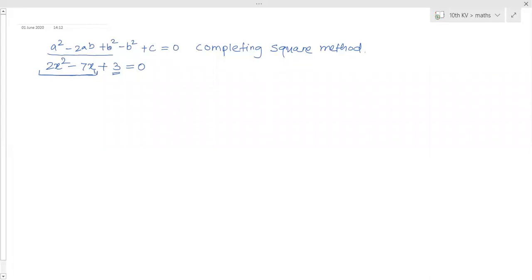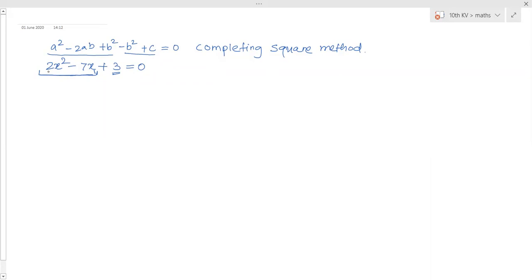So we add whichever b square is needed so that we can convert the first two terms into a minus b whole square or a plus b whole square. When we are adding, we have to subtract also, which means we are not changing anything. Then these two you simplify together and do further simplification. I will explain, then only you will get to know.